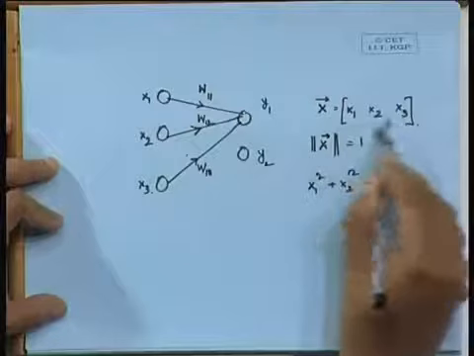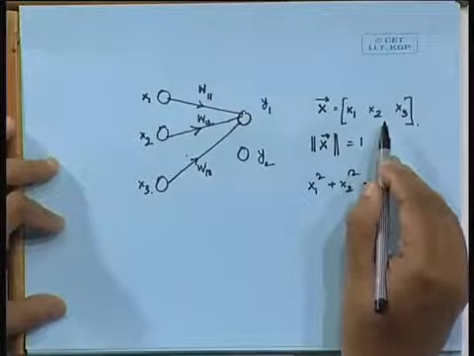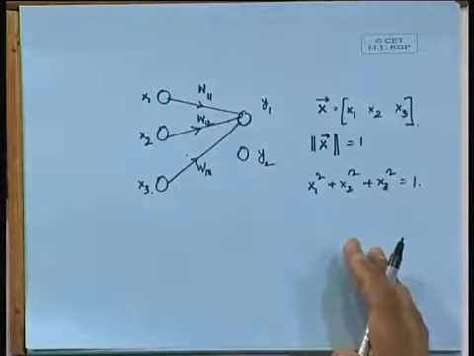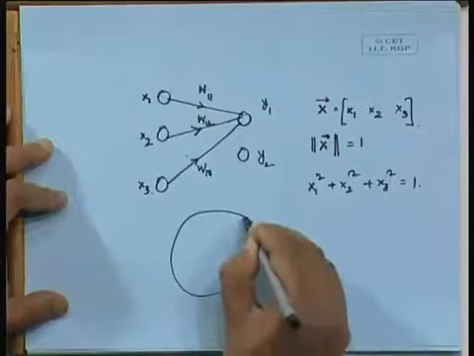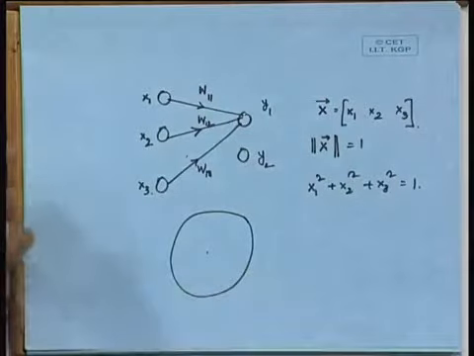Now, where will these patterns lie? What will be the locus of all these patterns? In which space are they going to lie? Sphere. It is going to lie on the surface of a sphere. So, in this case, we have got 3 inputs x1, x2 and x3. Had there been just 2, x1 and x2, the locus would have been a circle, but because we have got x1, x2 and x3, the locus is definitely going to be a sphere. So, we can imagine that there is a sphere.